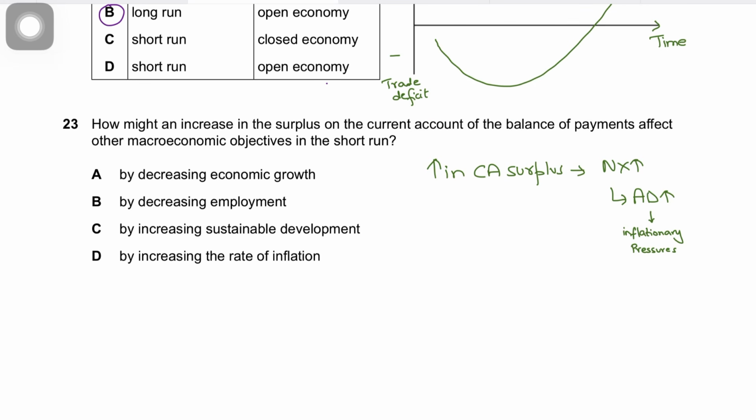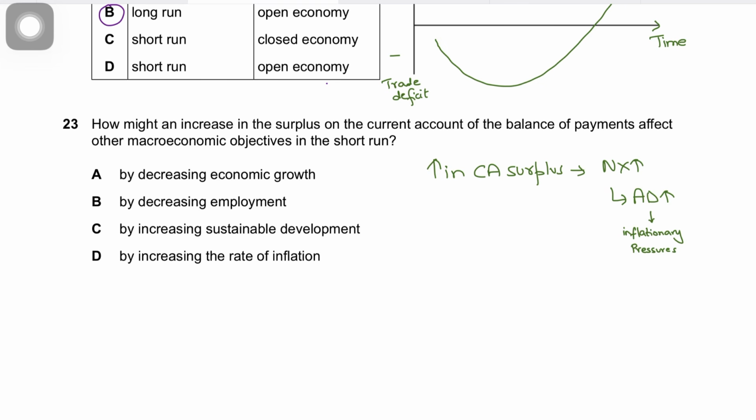Question number 23 says, how might an increase in surplus on the current account of the BOP affect other macroeconomic objectives in the short run? Now, conflicts between macroeconomic objectives MCQs are also tested a lot. The answer has to be D for David, because when there's a current account surplus, you have